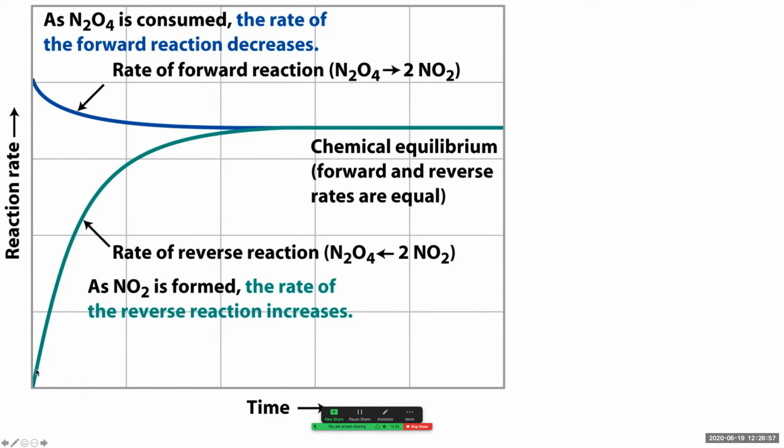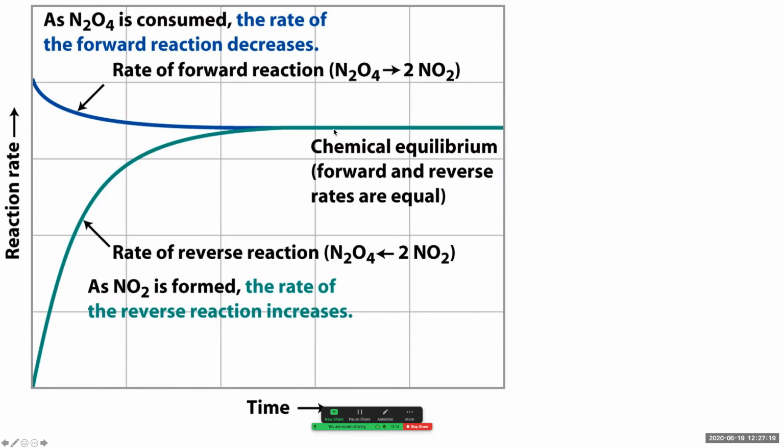So as the concentration of NO2 increases, the rate of change increases. Makes sense. As the concentration of N2O4 decreases, remember we started with N2O4 but it's disappearing, the rate decreases